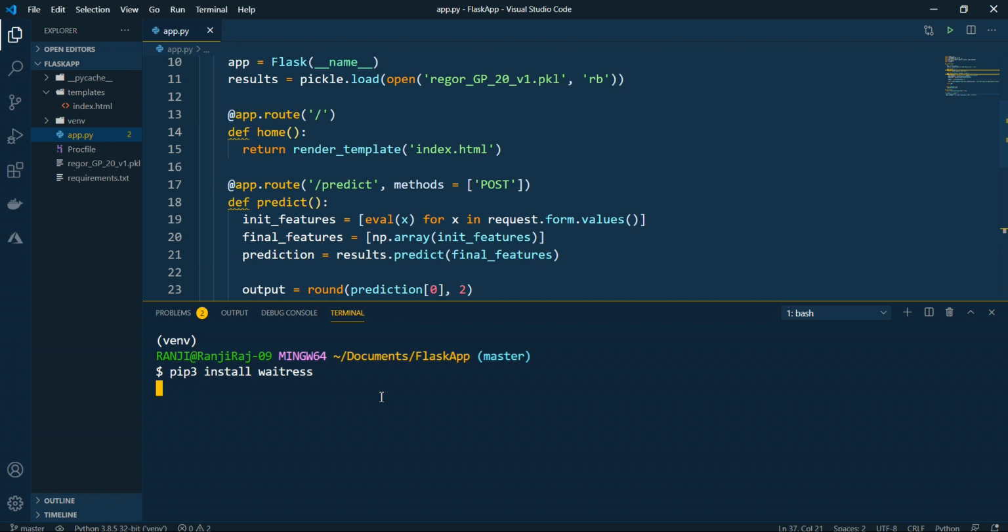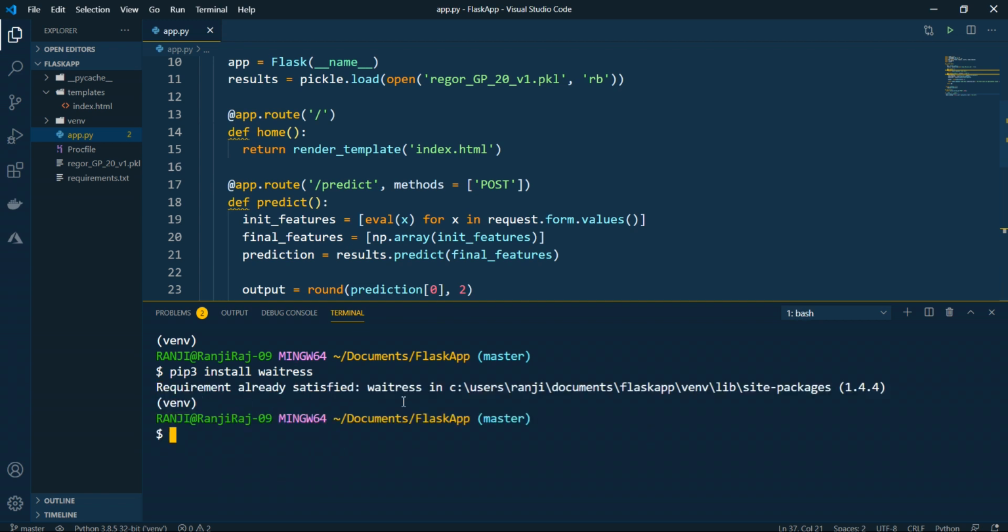I have already installed it on my system, but just to show you how the commands are written, you basically have to write this, that is pip3 install waitress. Pip3 is basically the Python package installer for Python 3, and you will be installing waitress. See, now it's saying requirement already satisfied.